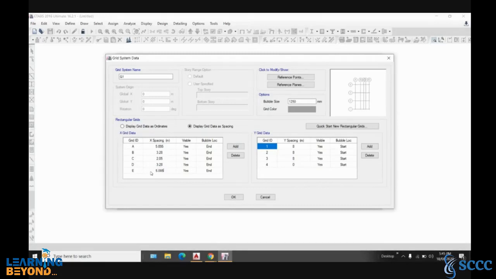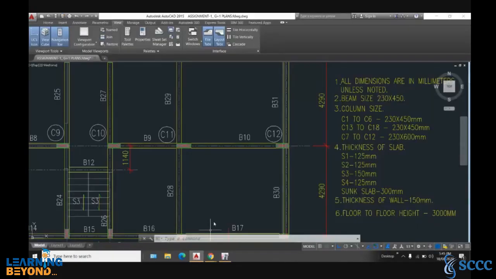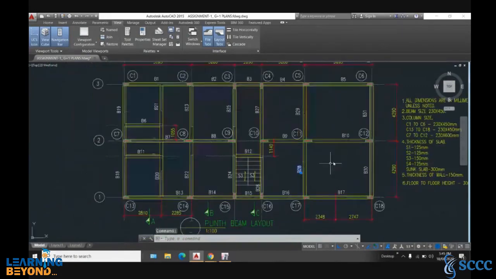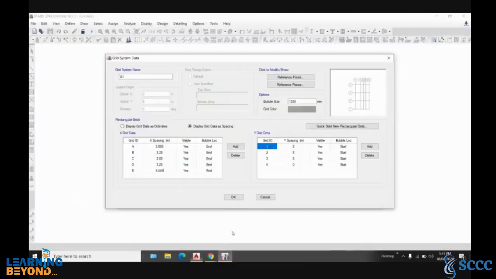It is always in meters. Then for the Y grid, if you see in your AutoCAD drawing, it is 1, 2, and 3. So you don't need this 4, and you can delete that.